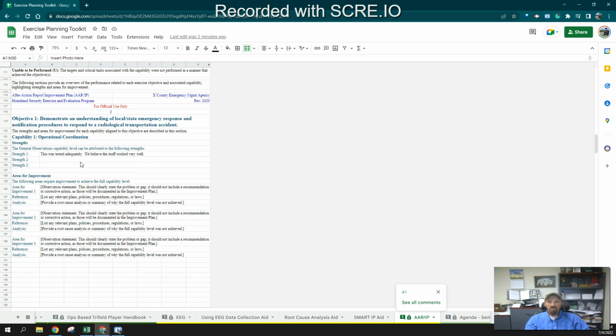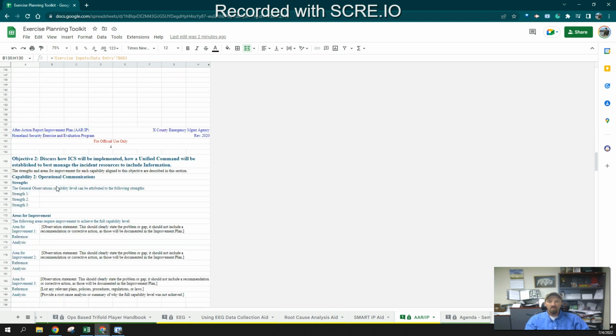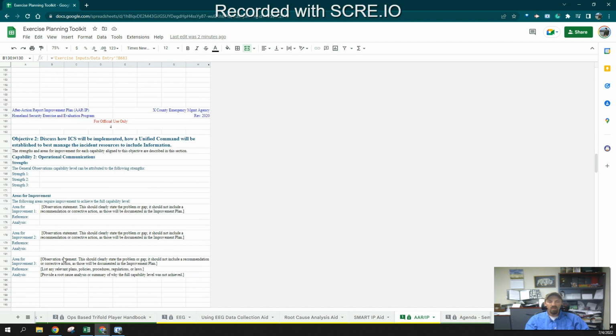Now, this again might be where we facilitate a discussion. I have something like this up where, again, these are the data fields. You can see up here, they're looking back at that input and data entry tab. And you fill this out as a group or do a draft, perhaps with a smaller group, and then bring it back for review and codification. And you can see each objective has one of these pages as you work through. We scoot down towards the bottom and we run into